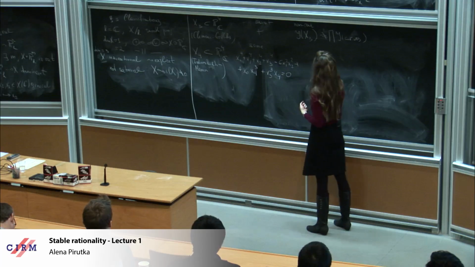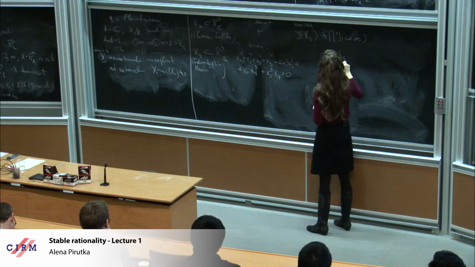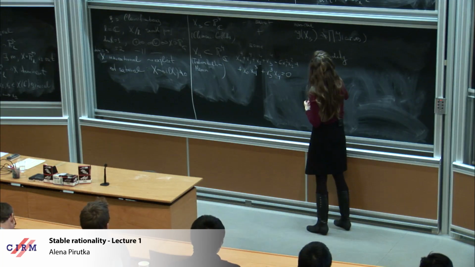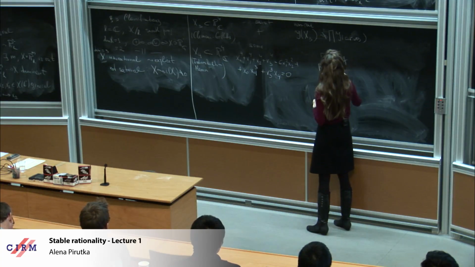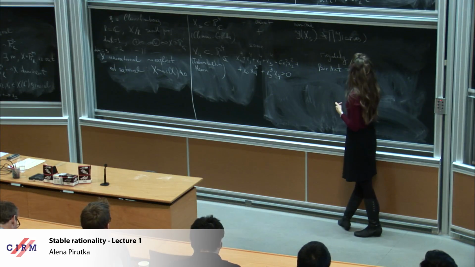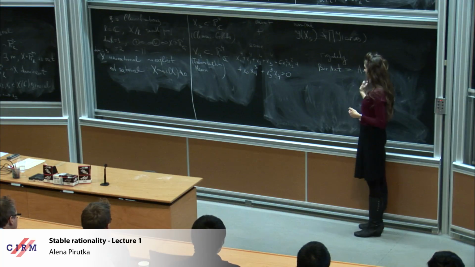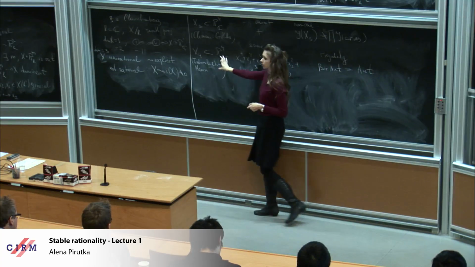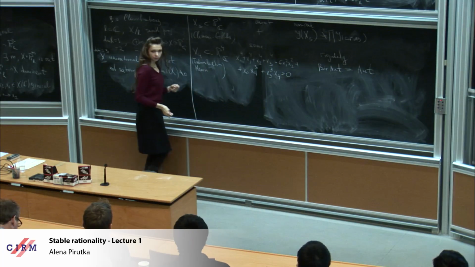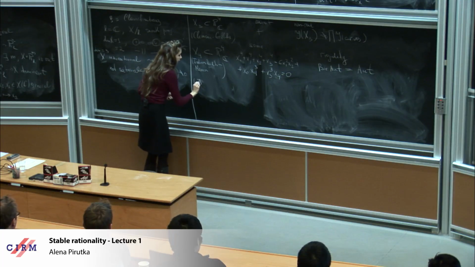About non-rationality, there is the so-called rigidity method. One shows that the group of birational automorphisms, the automorphisms defined on some open set, actually they all extend to automorphisms of X. So there are very few of them. And for a rational variety, there are many of them. And so this equality actually prevents X4 from being rational. And the last example is some particular type of varieties by Artin and Mumford.